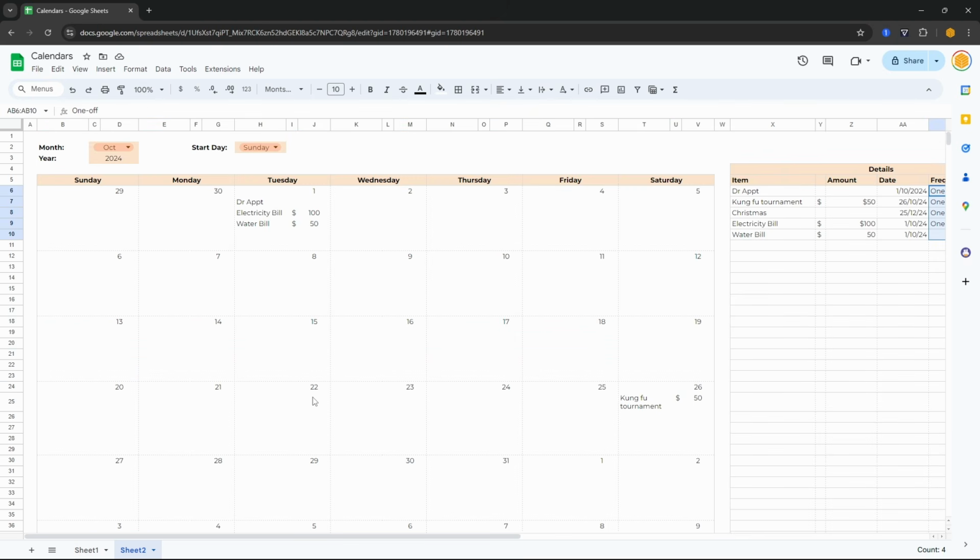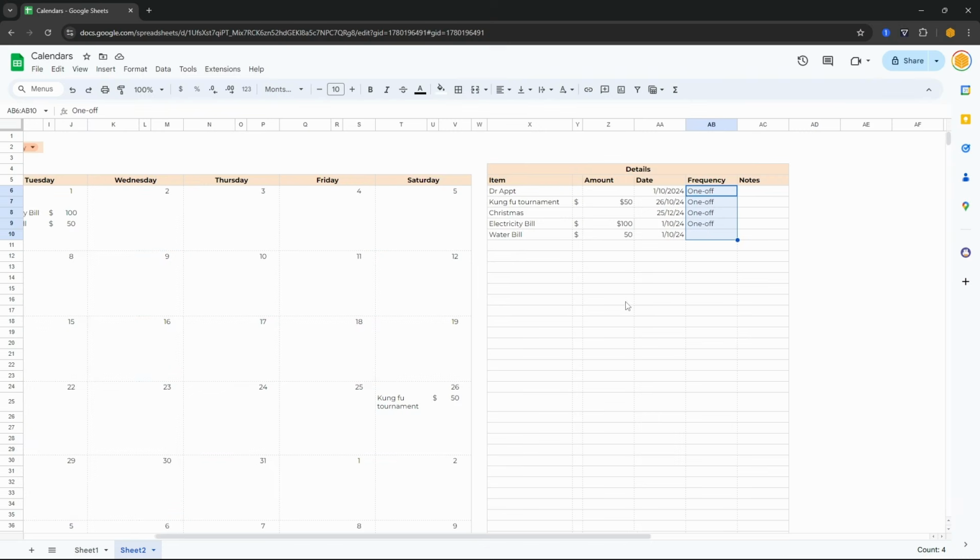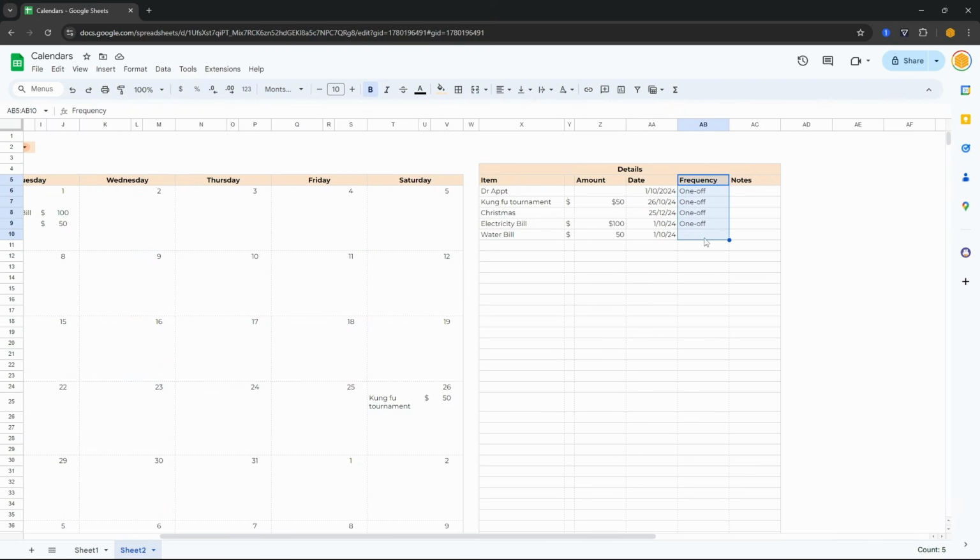Now that's taken us through several levels of complexity for how to build this calendar, right from the very basics all the way through to adding details in from our notepad on the side directly into our calendar. Now we can go a lot further for this. For example, we've got this in the notepad, we've got our frequency here. We could add in some different frequencies, for example, daily, weekly, monthly, and so on. But if we tried to do that in this video, then it could get quite long. Another functionality might be to take the information from this calendar and then put it into our Google Calendar or the other way around. So if you want to see either of those,